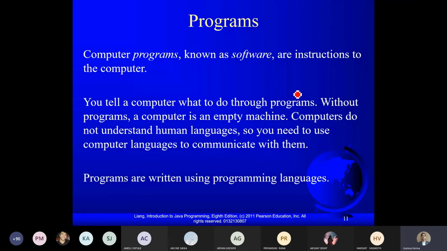Then we have programs. So basically you have 2 things in your computer: software and hardware. Hardware are the physical components like CPU, cables, monitor, printer. All these are hardware components. Physically you can touch these things. Now come to the software. Software is basically a program for which you can feel the output, what is generated, but you can't touch it physically. So program is what? It is a set of instructions.